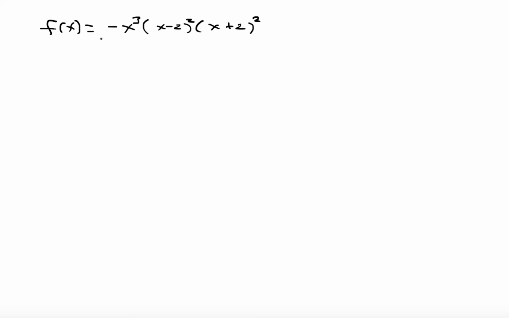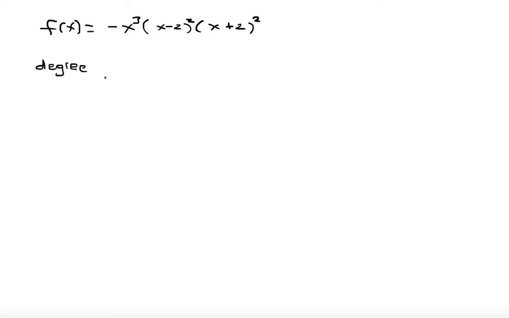Right, so we have this function, f of x equals negative x cubed times x minus 2 quantity squared times x plus 2 quantity squared. And we want to sketch the graph of this polynomial. The first thing we want to do is get the degree of this polynomial. Remember, degree is important because it's going to tell us the end behavior and what the graph should be